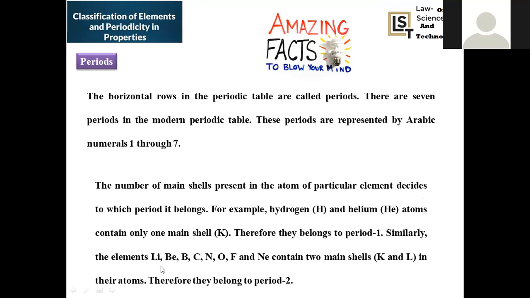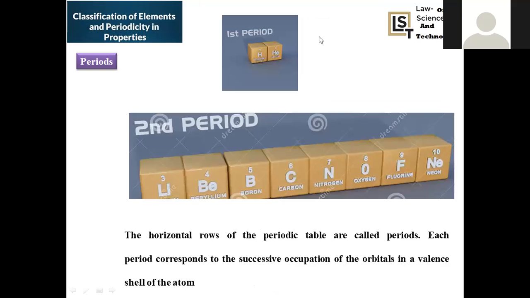This is called a short period. The first period is called the shortest. The second is called a short period, designated as L. And the quantum number of this will be n equal to 2. Hence, the period number is also designated as 2. Here, you can find the first period associated with the elements hydrogen and helium. And the second period is accompanied by lithium, beryllium, boron, carbon, nitrogen, oxygen, fluorine, and neon. These many elements are accompanied in period number 2.